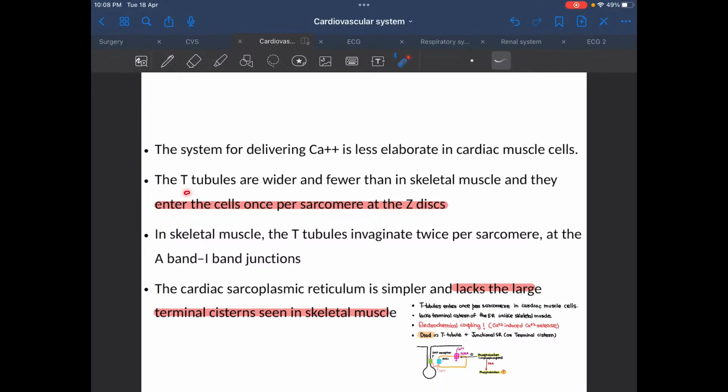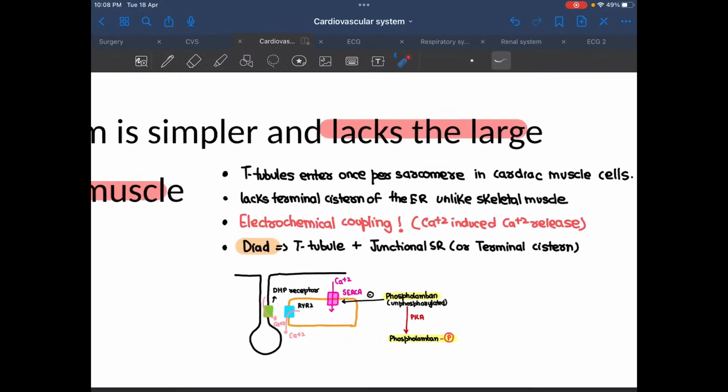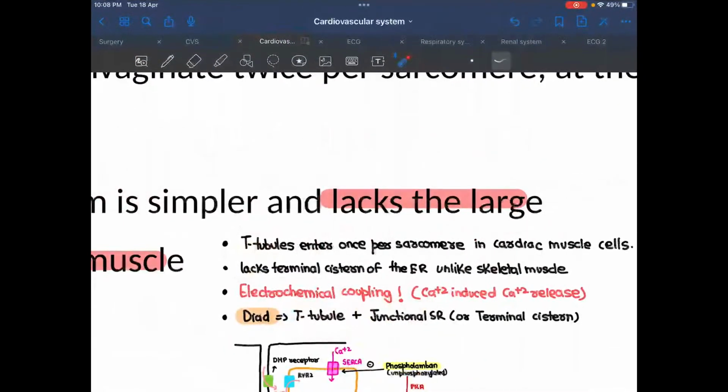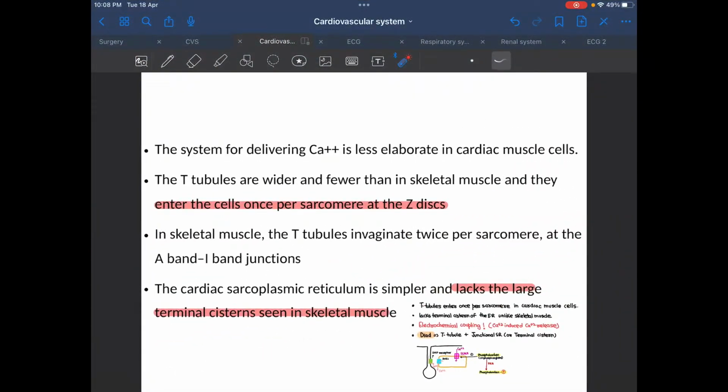ठीक है? So the T tubules, that you remember the T tubules, that was the transverse tubules जो अंदर की तरफ invaginations हो रही थी of the sarcolemma, they're wider and fewer than in skeletal muscles, and they enter the cell once per sarcomere. Why is that important? So they will form a dyad. Okay, we've already discussed that कि एक T